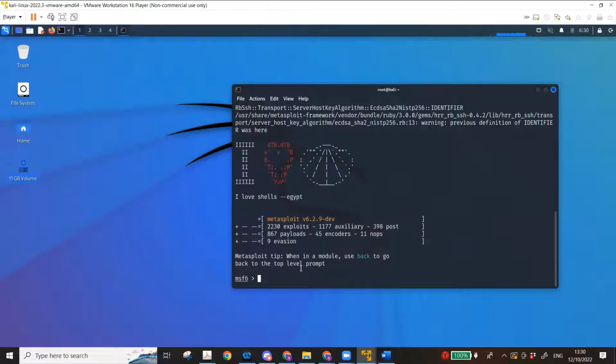Okay. So like I said, I'm not going to go into the detail of Metasploit. I'm just going to demonstrate basically what I'm doing. So I'm going to use an exploit